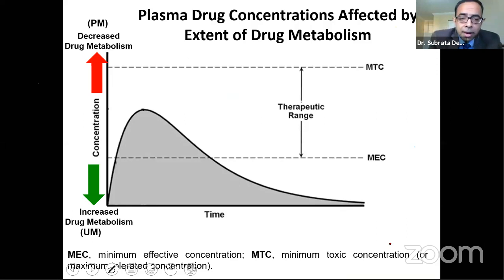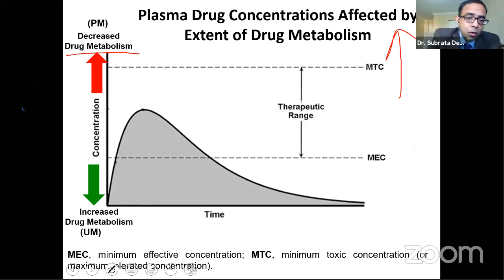And again, to bring back the original diagram, we had poor metabolizers, they have decreased metabolism. That means they increase the concentration above MTC. They increase the concentration to toxic level. That's why I coded in red, because if you have decreased metabolism, that is going to lead to more death